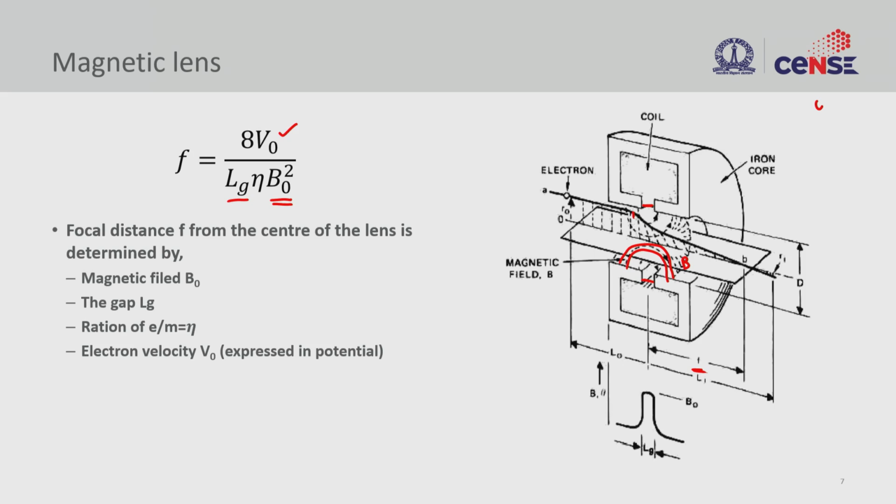So this is how we can make a magnetic lens. It's a simple coil, like we have in our motors, but then we pass electrons through this gap, and we can control this flow through an applied magnetic field, which is attained by passing a current through this